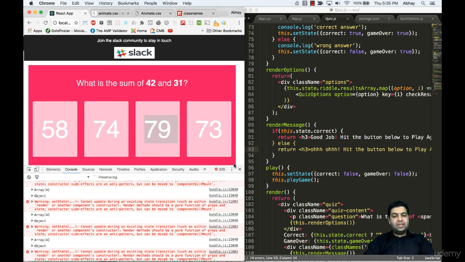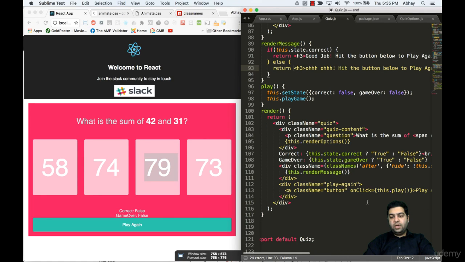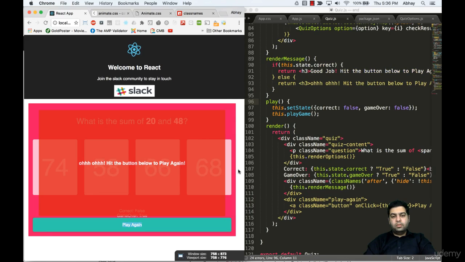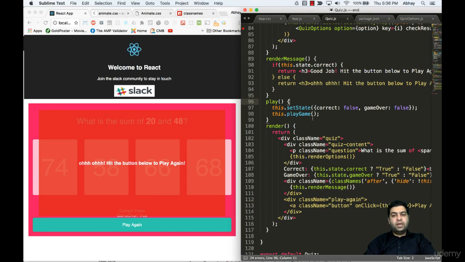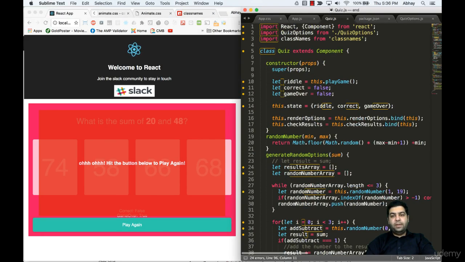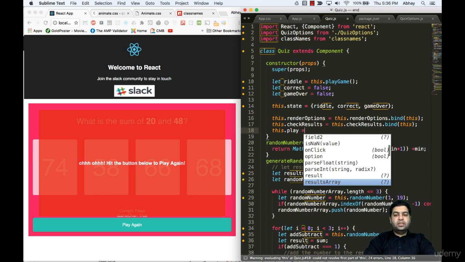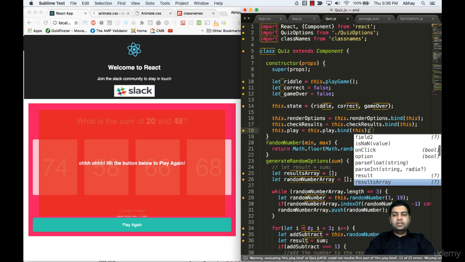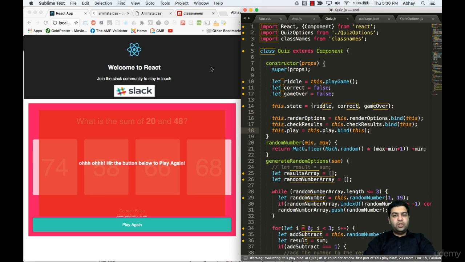I think I'm doing a setState within the call, because this should not be a call. Let me go here, update it as this.play. Okay, let's try to click the play button, and it doesn't work because we have not yet bound the play button. So the way we can do it is this.play equals this.play.bind(this). Let's save it. The page should refresh,